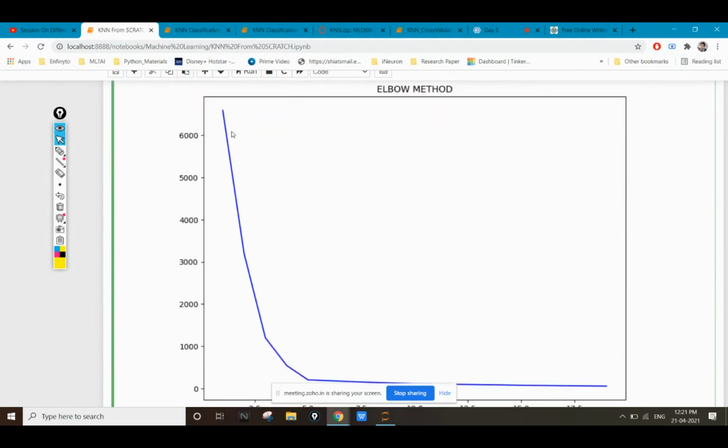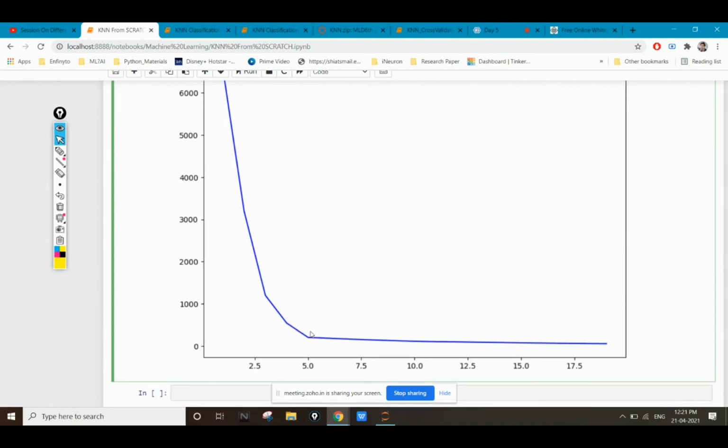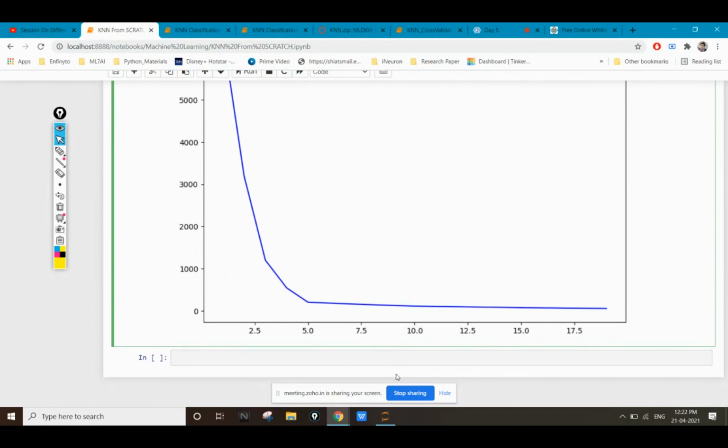You can see that the error is rapidly decreasing to 3, then 4, and then 5. After 5, we have only a slight change in the error as we increase the value of k. We don't have a significant change in the error after the value of 5. So we'll choose the value of k to be 5.